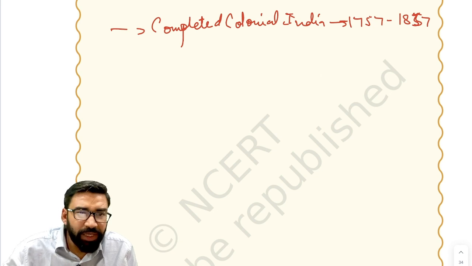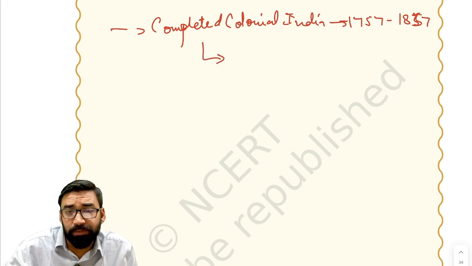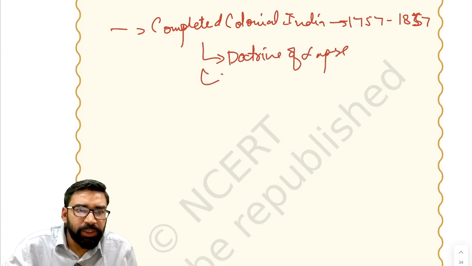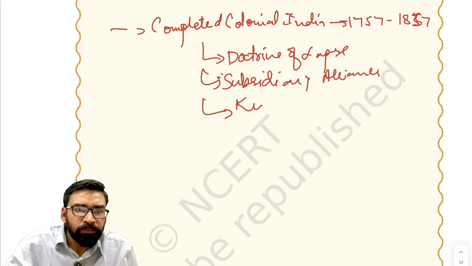Fine. So various policies that we have discussed, like administrative policy, doctrine of lapse, then subsidiary alliance. Okay. Kingmaker,